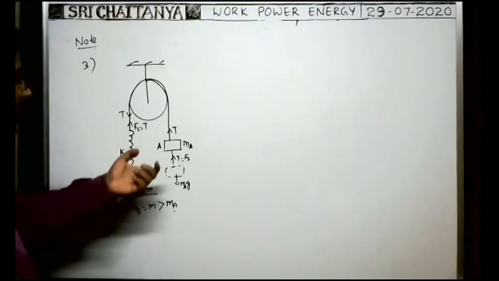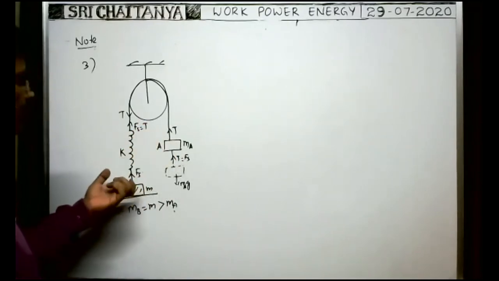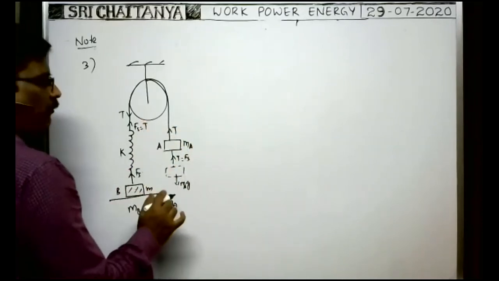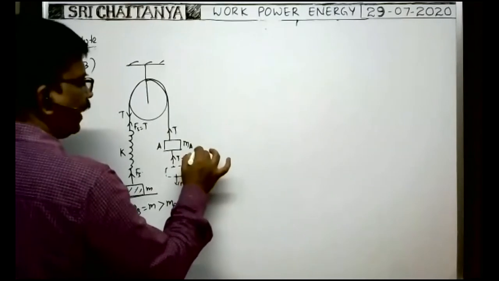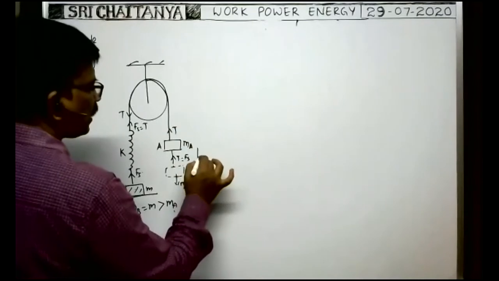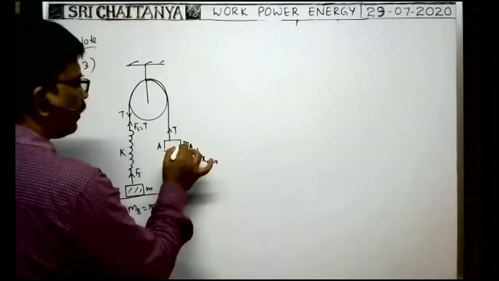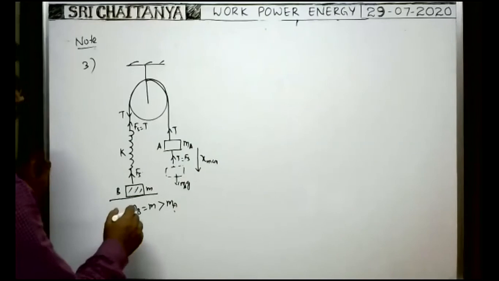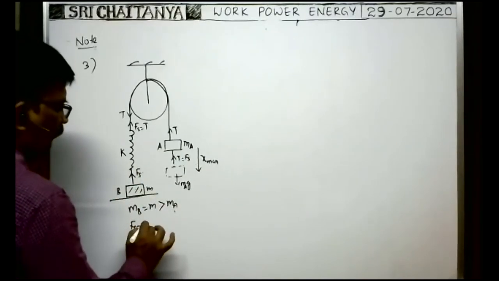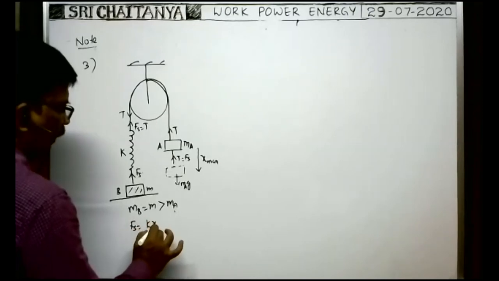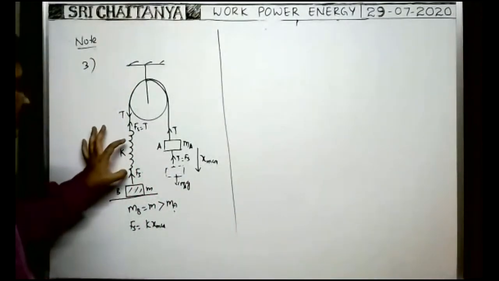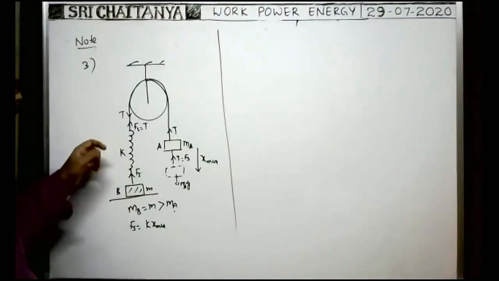What we have to do? What is the minimum mass with which we can raise this block? At that time, we have to release the block suddenly, not slowly. Whenever the block is released suddenly, the extension of the spring is equal to the displacement of the block. Suppose the displacement of the block is maximum for the given mass. At that time, the spring force developed is equal to K into X max. What is the X max value? What is the extension of the spring required for the block to rise?